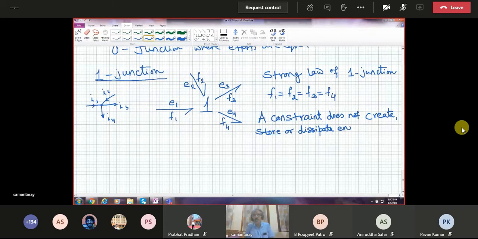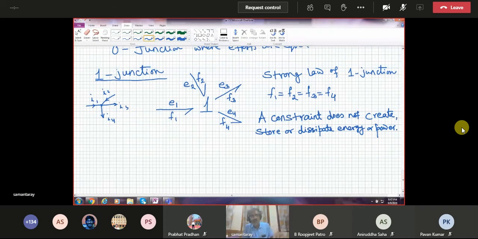This is a fundamental statement that a constraint by itself doesn't generate power, doesn't throw away power, doesn't store power. For example, a source can create power, a resistance can dissipate power, a negative resistance can import power. Likewise, a source usually creates, but a source can also act as a sink and draw power from the system, that is possible. So source and resistance both can create and dissipate power.